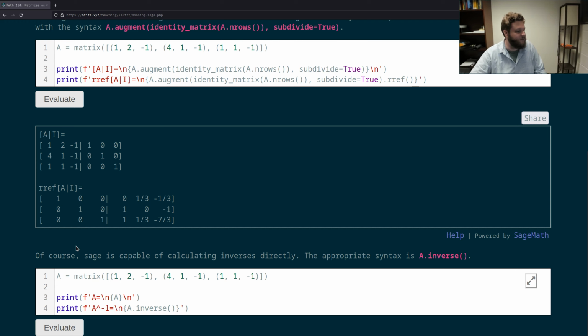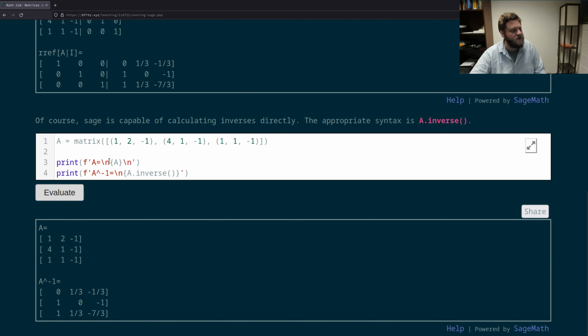And if we wanted to, we could just directly calculate inverses, and the syntax for this is A.inverse, as illustrated in my code here. So if you want to just find a matrix inverse, you can use this calculator for doing that. Input your matrix on the first line here called A, and when you click evaluate, the code will print out the matrix so you can verify whether or not you made mistakes, and then also the matrix inverse. Note that the matrix I've input in both of these calculators is the same, and in both of these calculations, the matrix inverse